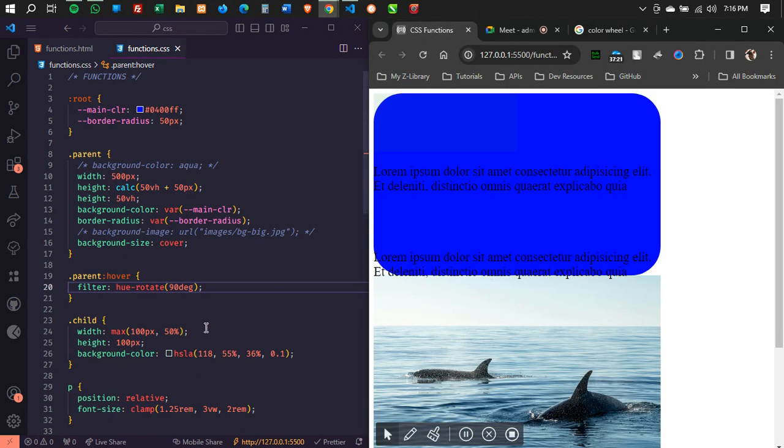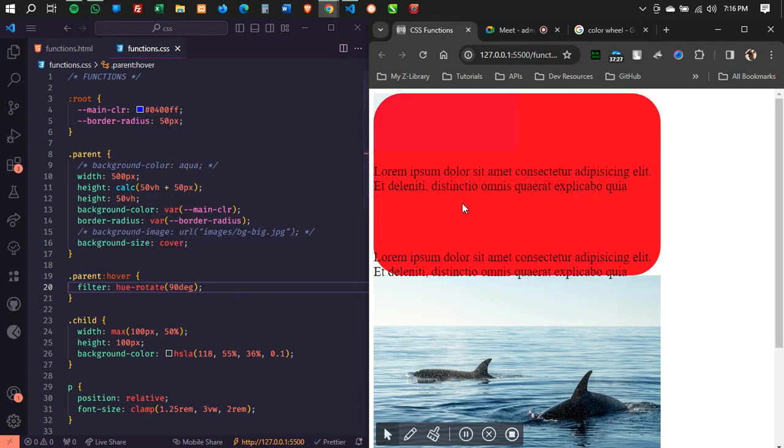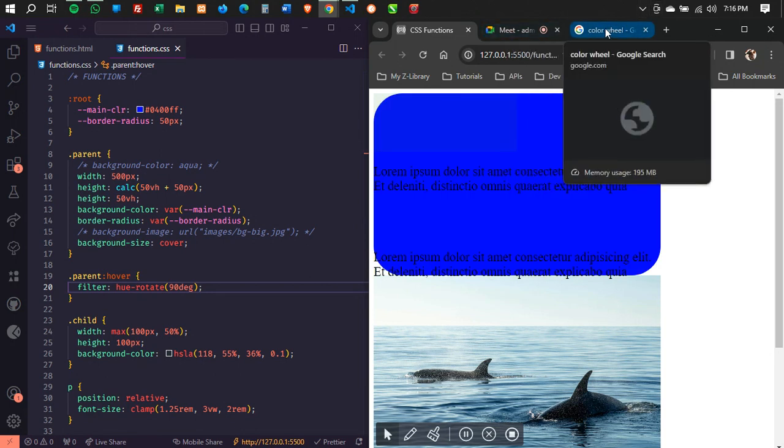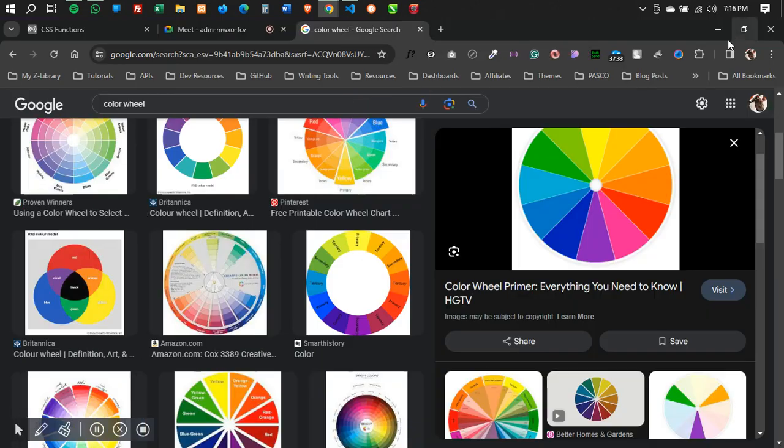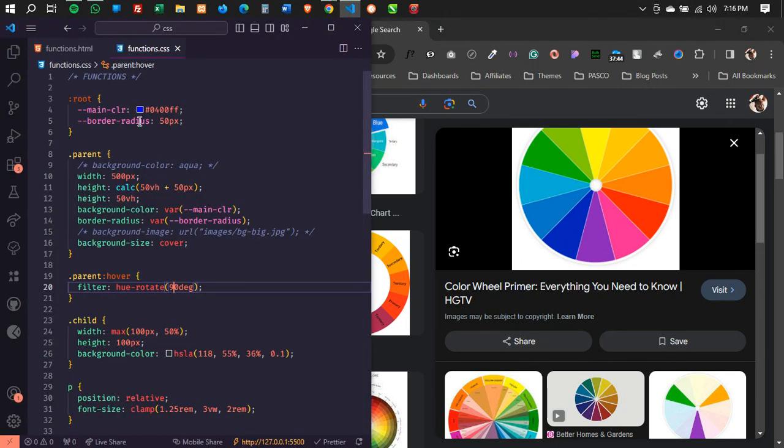So opposite the red, when the hue of blue is rotated, now we have red. Let me make this big. We have blue here, and when you look at 90 degrees, if you draw a line from here to here, this is about 90 degrees. So blue gives you red, and if you have green,